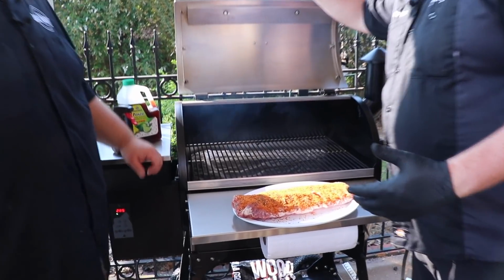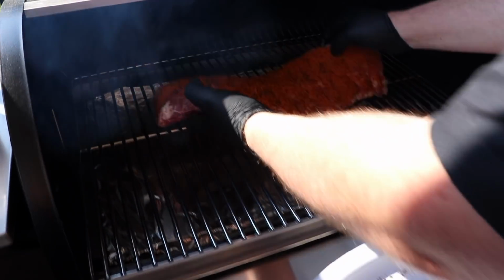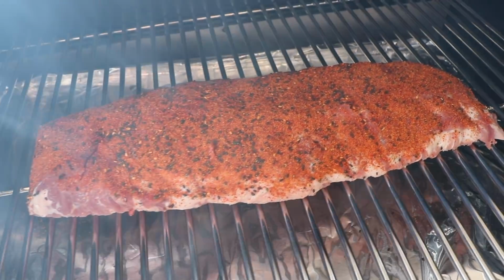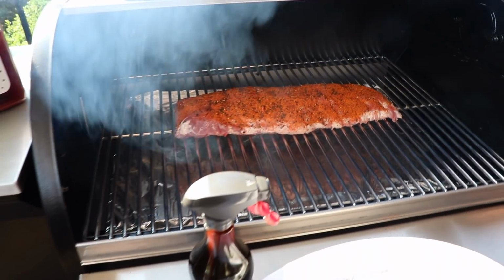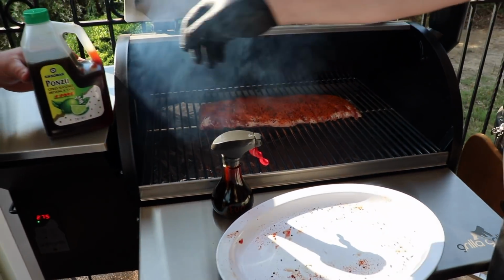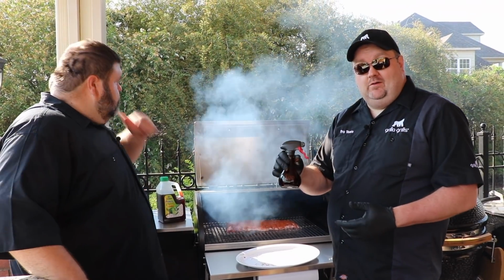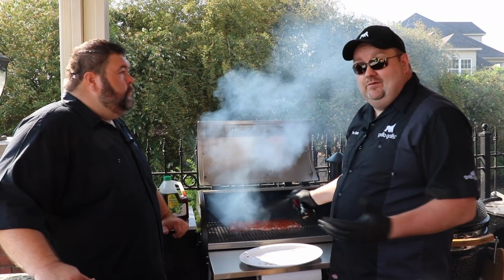So these ribs are going to get real tricky. This is how complicated it's going to be right here. We're going to set them right in the middle, and we're going to come back about once every 45 minutes and spritz them. What's in the spritz? Our secret ingredient is Japanese ponzu sauce. It's basically just citrus soy sauce. I just load it up in a little spritzer bottle, and about every 45 minutes we'll come along and just hit it like that